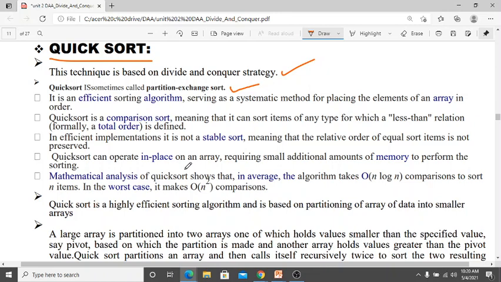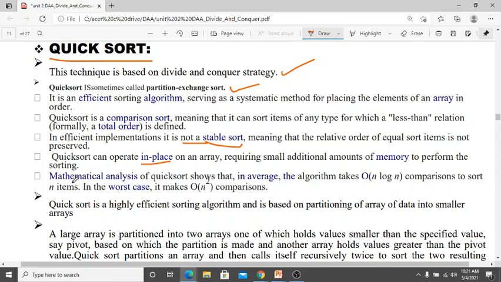Quick sort can only operate in place on an array, requiring a small additional amount of memory to perform the sorting. All these points will help you to write in the exam. Whatever we have done, in place, stable and unstable sorting, when you frame the sentence, it will be easy for you to understand what you are going to write in the exam.